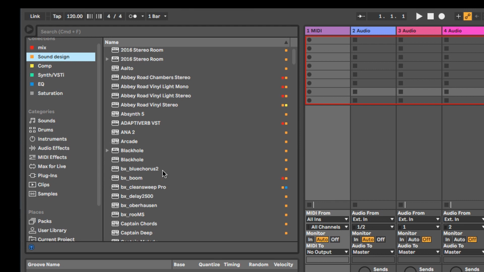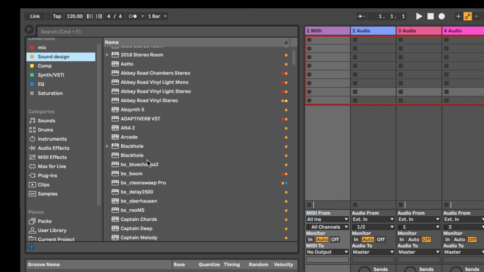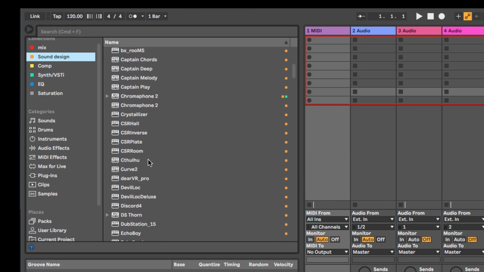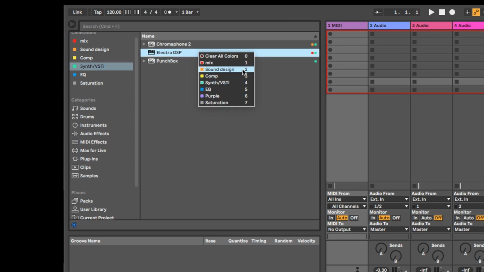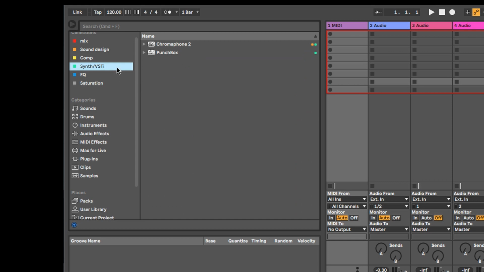Like I have delays, I have reverbs, I have weird pitch shifters, and all kinds of saturation. And there's one thing, which is synths. I don't have so many of them. I have more actually, I just didn't tag them. But this is really useful for the melodies. This one is not a synth though. That's wrong. See, I can just remove it, and then if I come back, it's gone. So that's great.